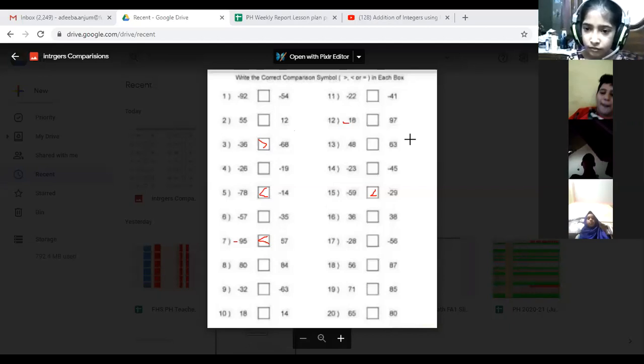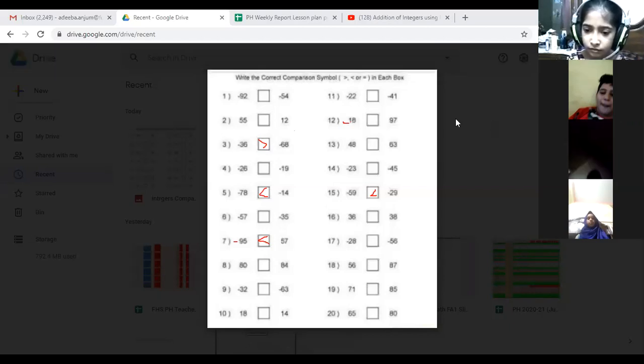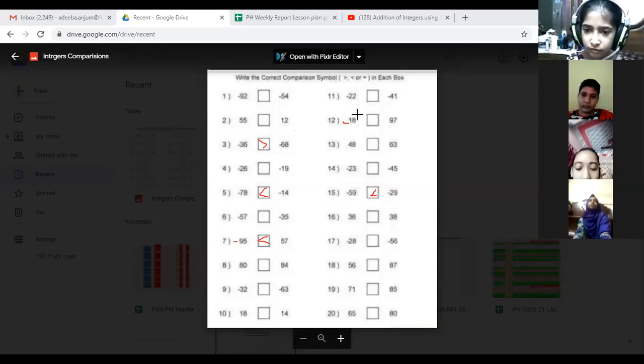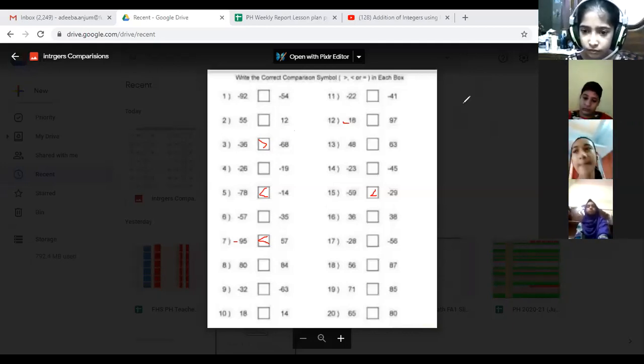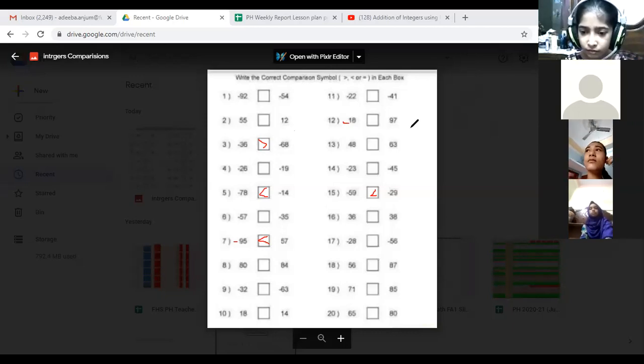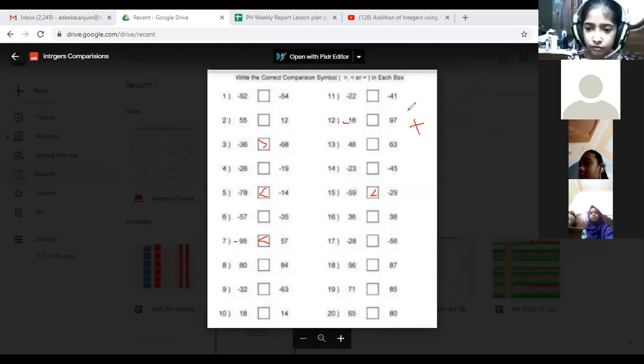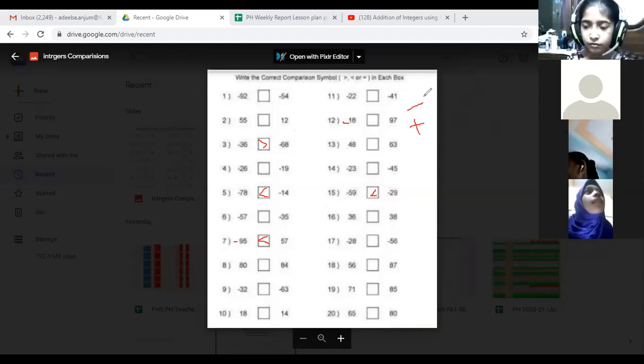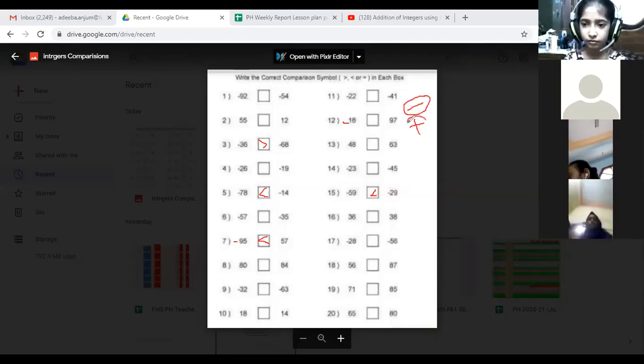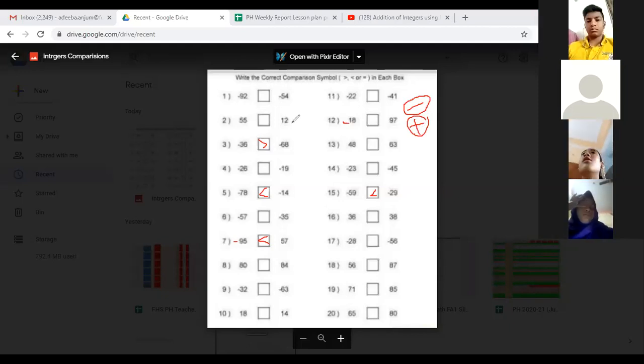How is 18 bigger? I told you many times, when you have two signs, one negative and one positive, the positive number is always greater. Here the positive number is 97. If the sign is not given, the positive sign is like this, the plus sign, and the negative sign is like this, the minus sign. So when there is a minus sign, the minus will definitely be given. The positive sign is up to you. If you want to write it, write it; if you don't, it is automatically assumed to be plus. Got my point?